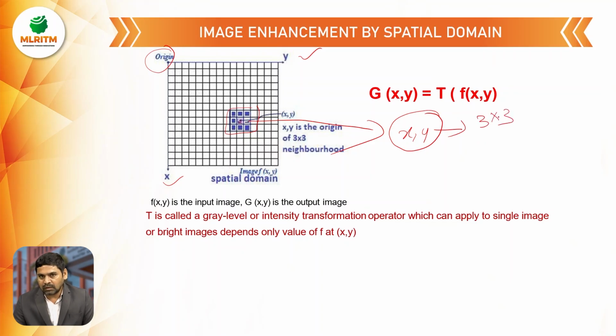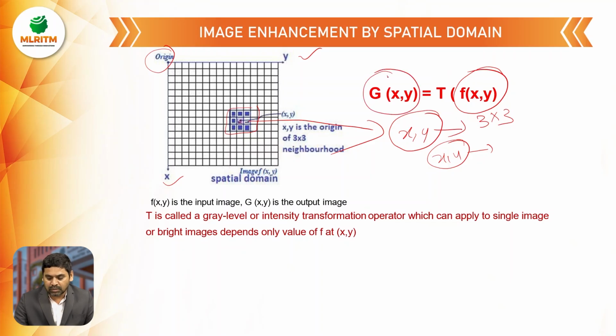Previously I explained only a 3 by 3 size image. Here also a 3 by 3 size image, and that coordinate we can consider as f of 0, 0. Here you can consider x comma y as a particular coordinate. So here f of x comma y represents the input image, and g of x comma y represents the output image,